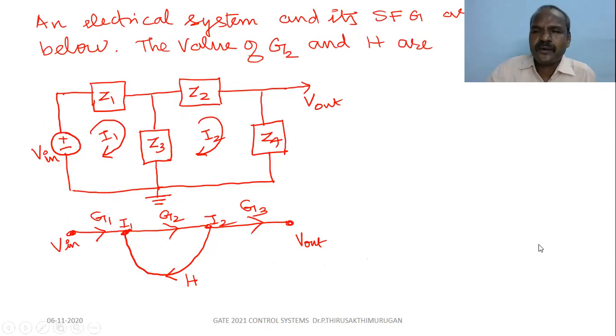So next is a very important concept. The electrical system is given, and its signal flow graph is also given. What we have to do? We have to find